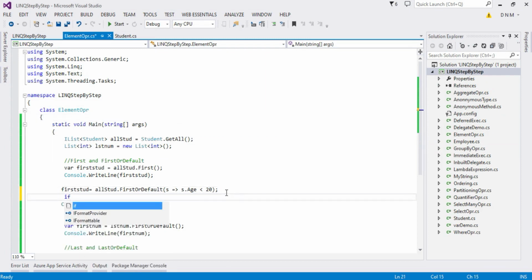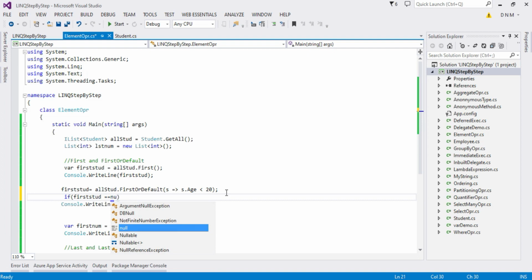Here you can say if first or default is equal to null, according to that you can write your code. I hope you understand the meaning of first and first or default, as well as both overloads of both operators.